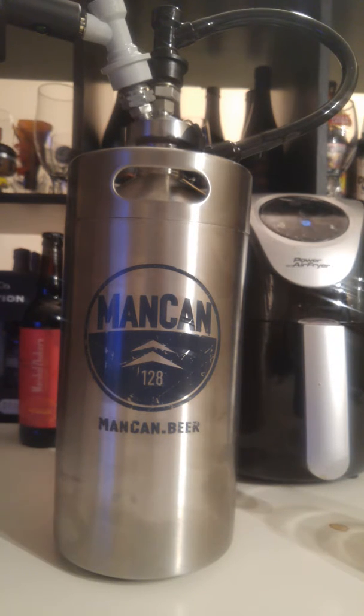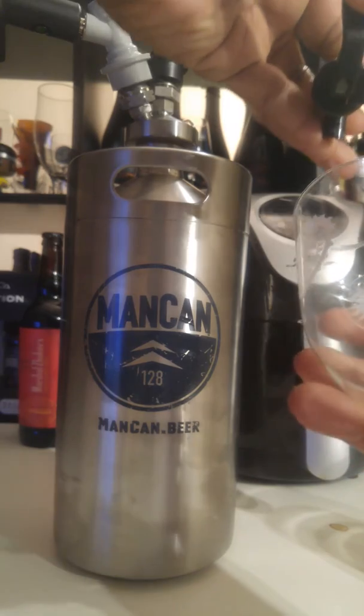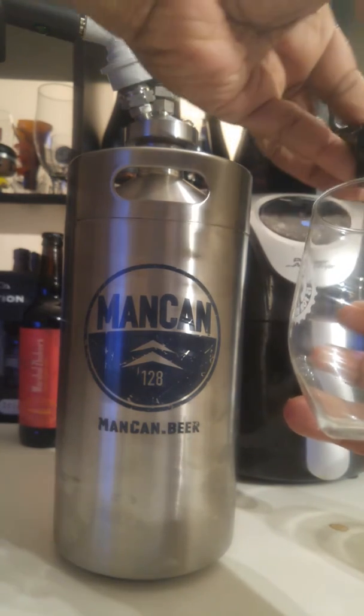But like I said, the local store I went to had 32 ounces for $9. I was like, okay, this is a perfect time to use my Man Can. So out I went with the growler, came back home, hooked up the keg attachments, and now I'm ready to pour. So here we go. Let's get a pour. I'm going to use the good old handy dandy